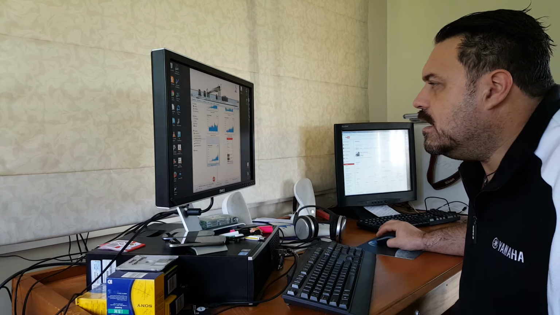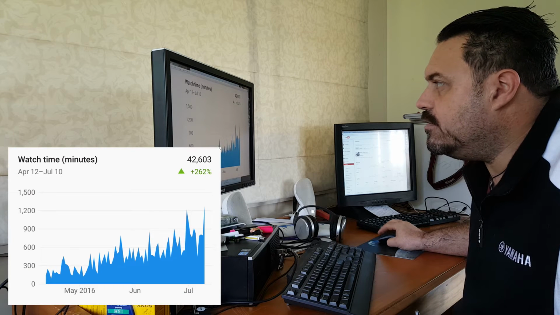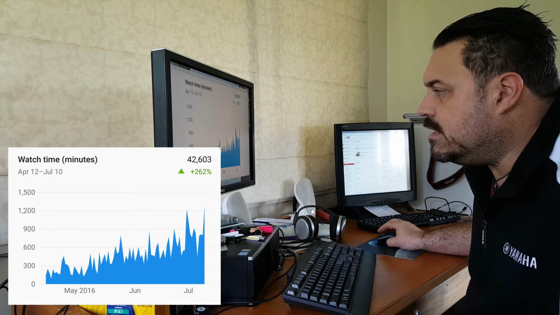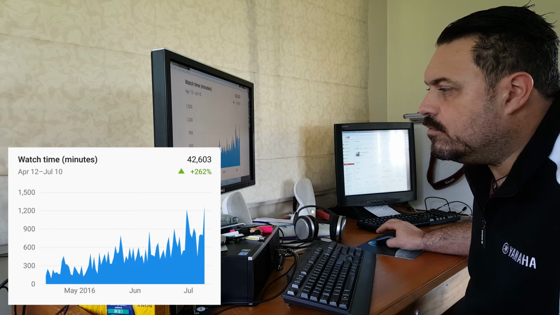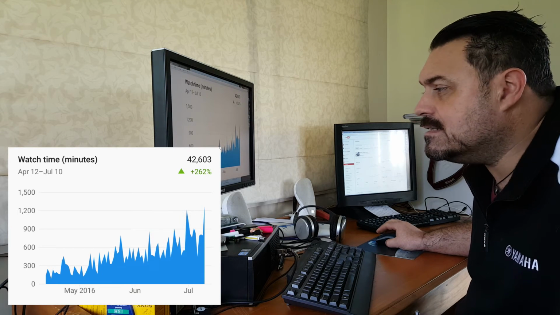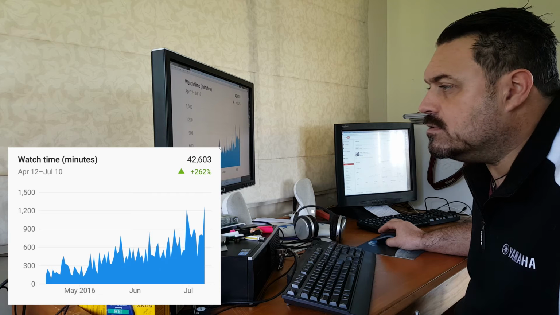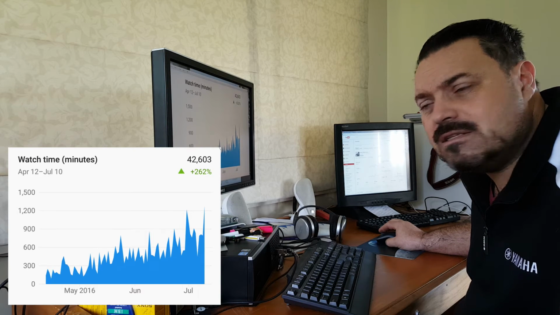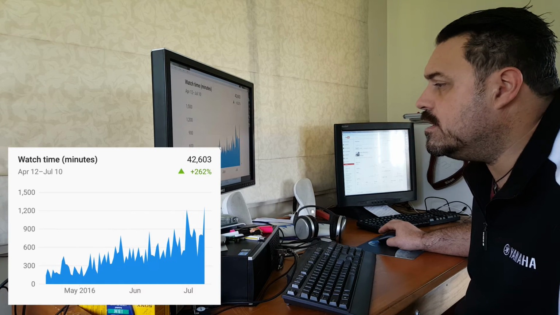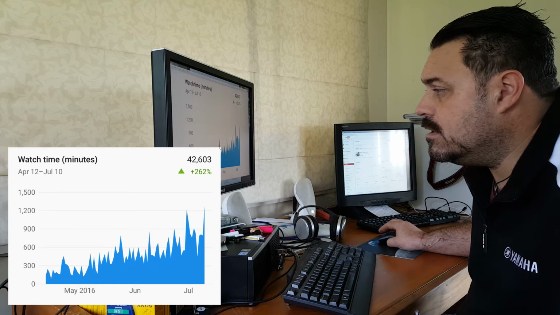Now if we look at that over the 3-month period, this is the graph that will give you over 3 months, which starts sort of 12th of April. We can see here there's a really progressive trend, and we've gone from probably around about 200 minutes a day at the start of 12th of April, up to an average of around about 750 minutes per day, and that's pretty cool. It's pretty good. I'm really happy with that kind of increase, but I have no idea how that compares with anybody else's stats. So give me an idea.